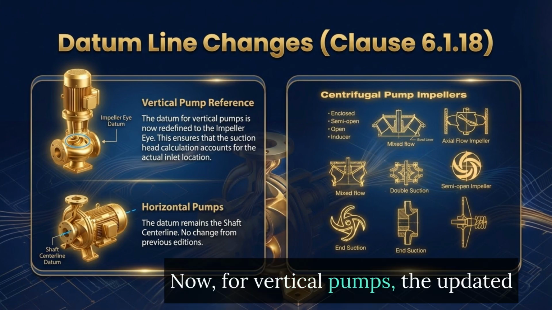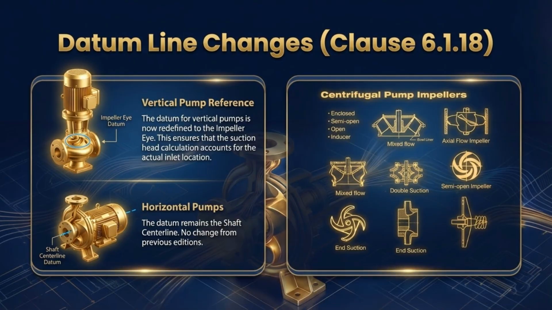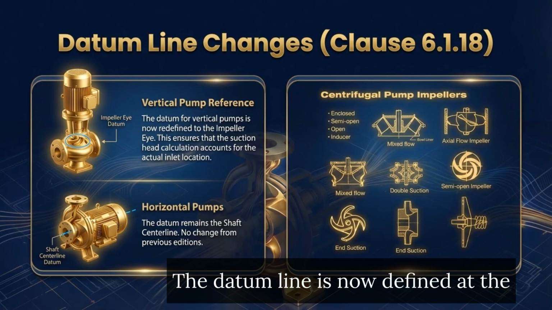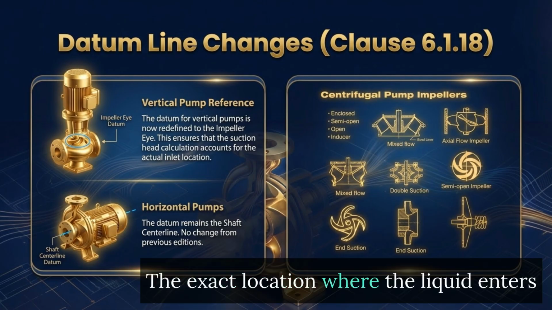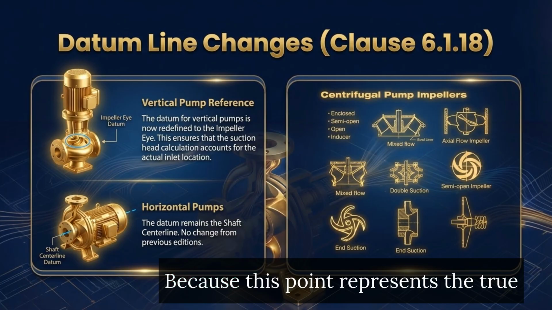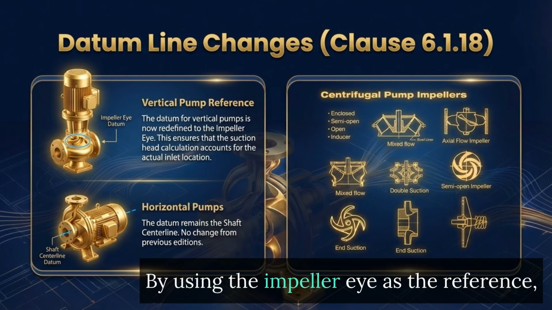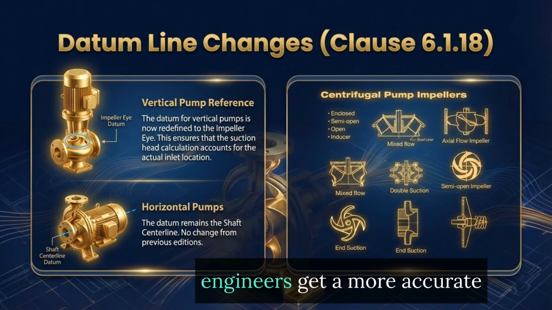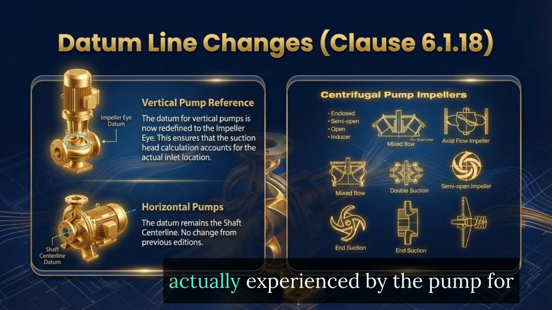For vertical pumps, the updated standard makes an important clarification. The datum line is now defined at the impeller eye, the exact location where the liquid enters the impeller. Why is this important? Because this point represents the true hydraulic entry into the pump. By using the impeller eye as the reference, engineers get a more accurate representation of the suction conditions actually experienced